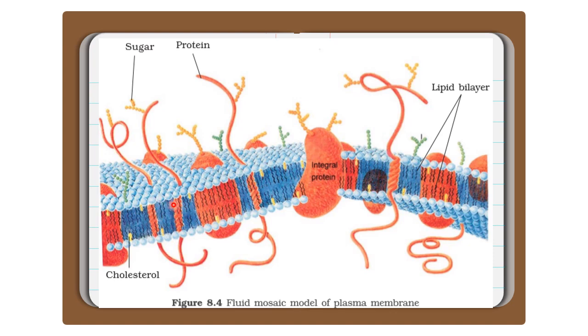This way it protects the cell organelles, and you could see the proteins which are integrated into the lipid membrane, known as integral proteins. The percentage of lipid and protein varies according to the plasma membrane. And what is the fluid mosaic model of the plasma membrane? There are different models of the plasma membrane proposed by scientists: the lipid bilayer model, the unit membrane model, and the fluid mosaic model, which is by Singer and Nicolson. The fluid mosaic model has been accepted all over the world.